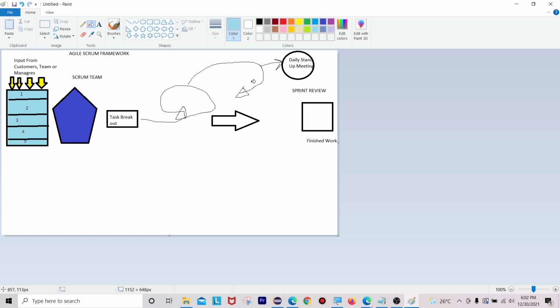So the next one here is this one. Okay, this is called the agile scrum framework.